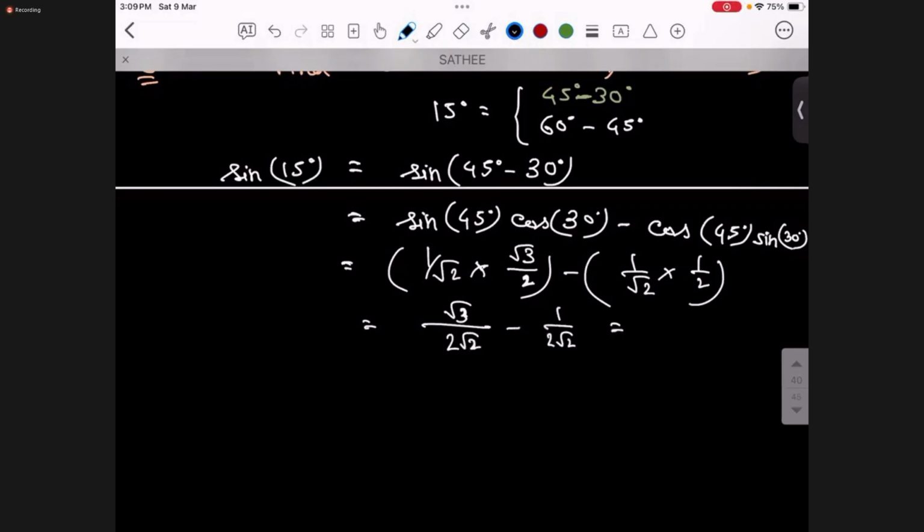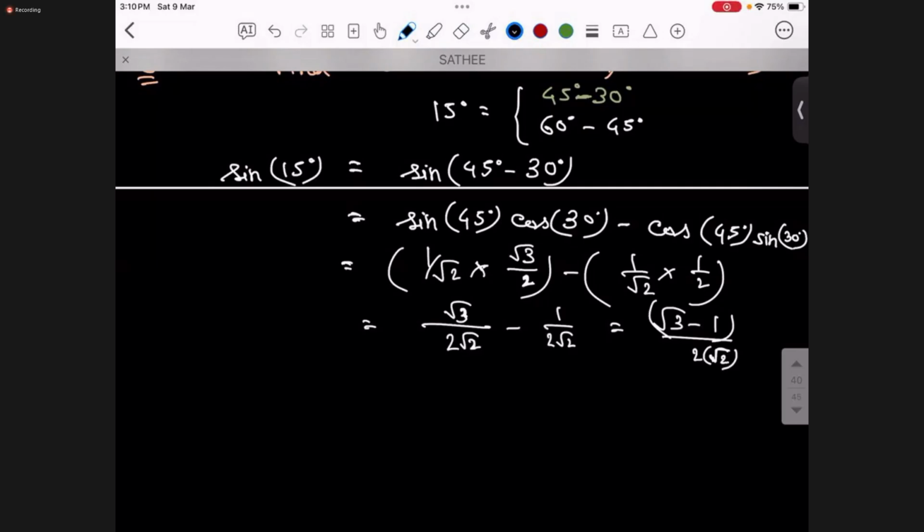So ultimately we obtain root 3 minus 1 divided by 2 root 2. Okay. So thus we can find the value of sine 15 degree. And similarly, if they ask for some more angles of this kind,